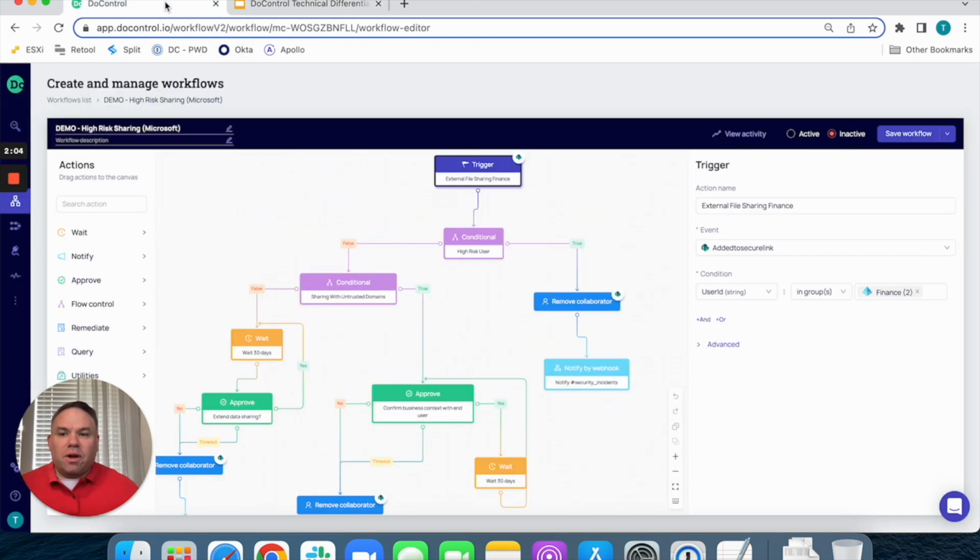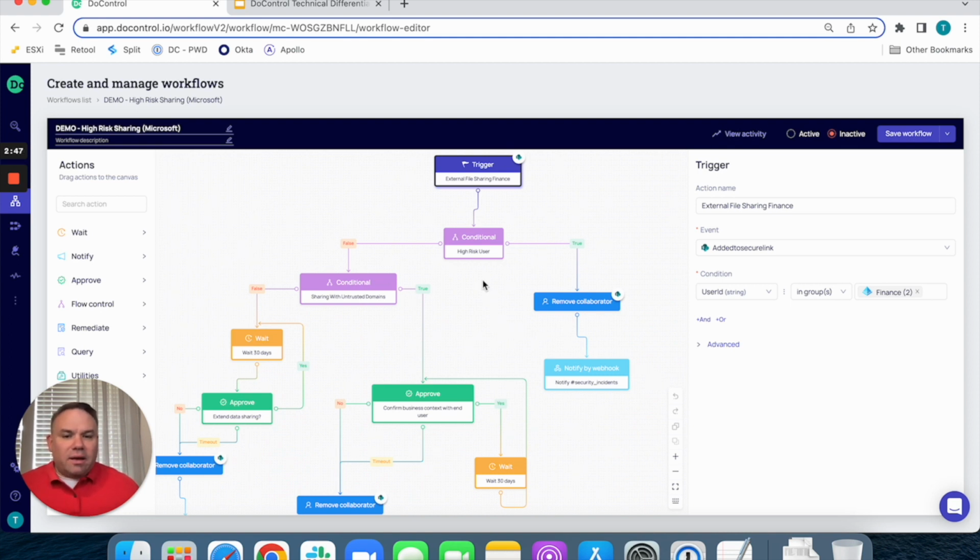So let me give you an example of specifically how that would work within DoControl. And this is what we call a workflow. In this case, this workflow is triggered by a person sharing a file from finance. So we're going to take everything we know about that event that the application has told us, things that we know about the file. We can also look at the contents of the file, but in this example, we're not even doing that. We're just looking at the event that's occurred and the metadata around the file. And we're going to understand who is the user. And if this user is a high-risk user, let's immediately undo this high-risk action that they've taken, and let's immediately create a notification around that via email, via ticketing system, via Slack or Teams,